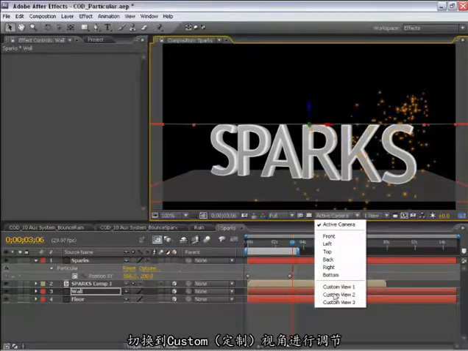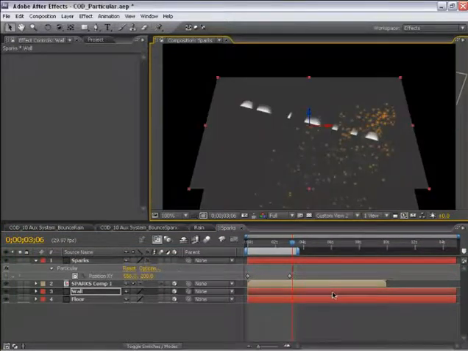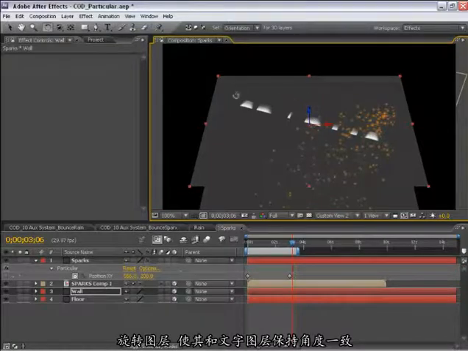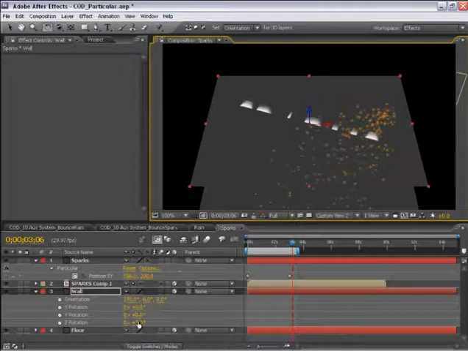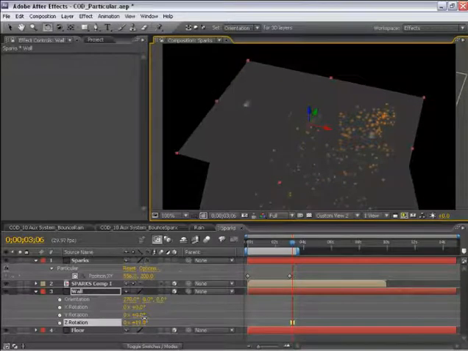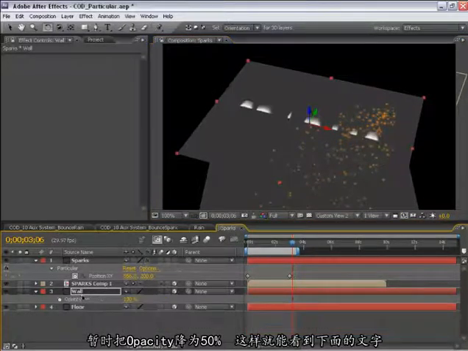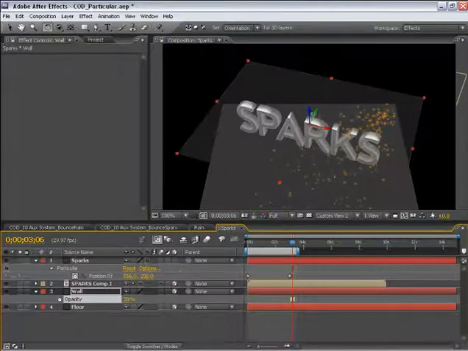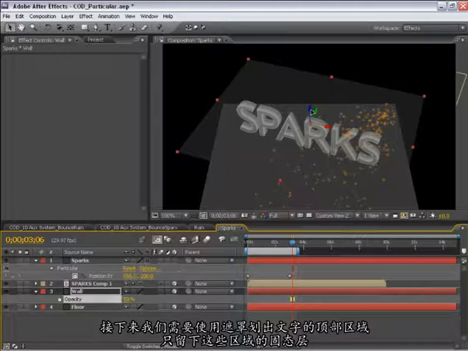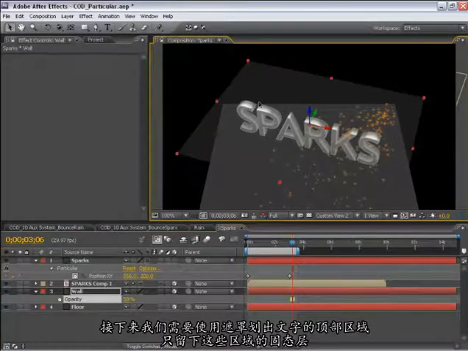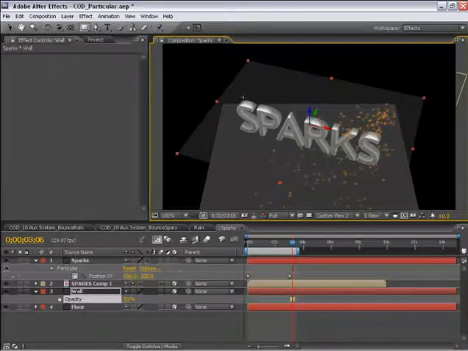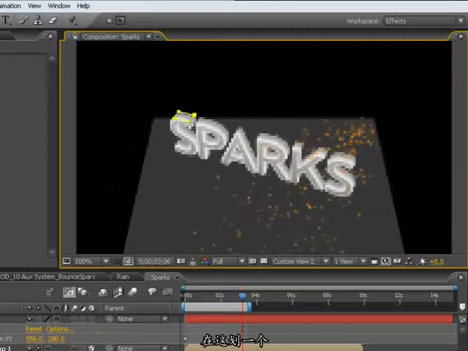And I'll look at this from Custom View 2. So I'll rotate this solid so that it's the same angle as the type. And temporarily, I'm just going to set the opacity to 50% so I can see the type below it. So what I need to do is mask this out so that the areas where the type are where the solid is left remaining. So I'll draw a solid here,